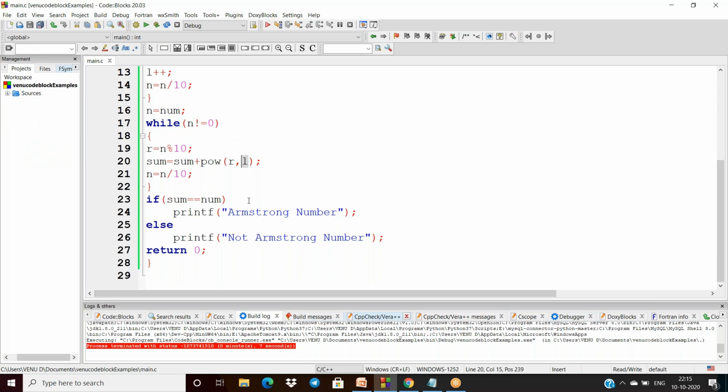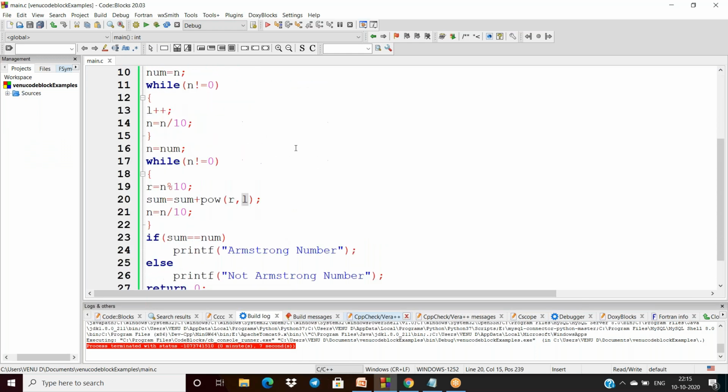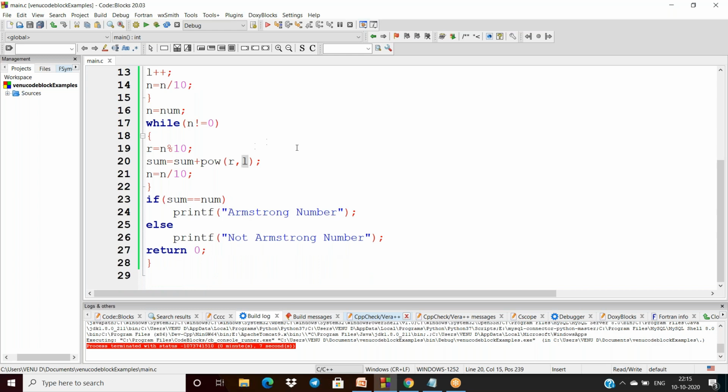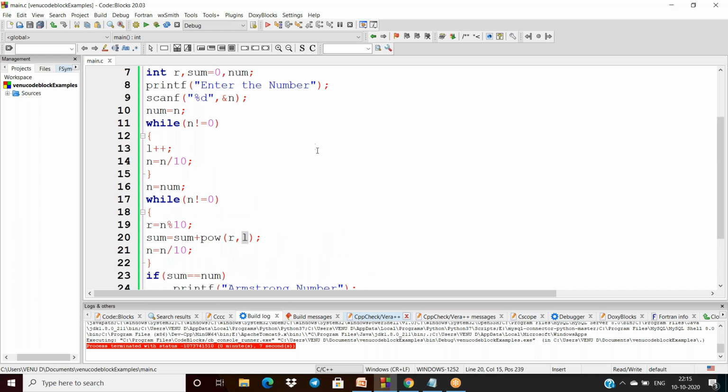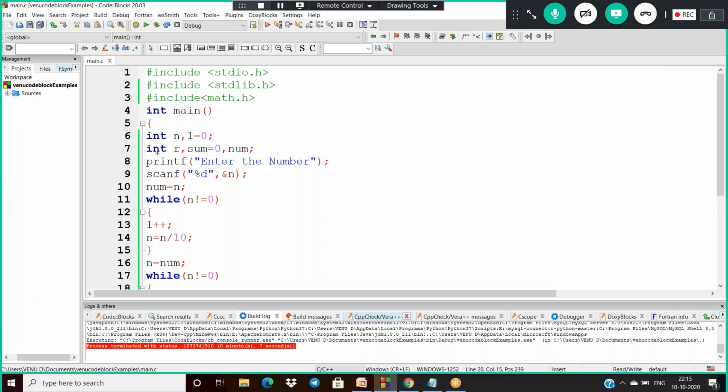So this is the code here. By using this, we can find out any digit. If you give any digit of input here, you will get the correct answer. So what I am doing here: first of all, I read the number.